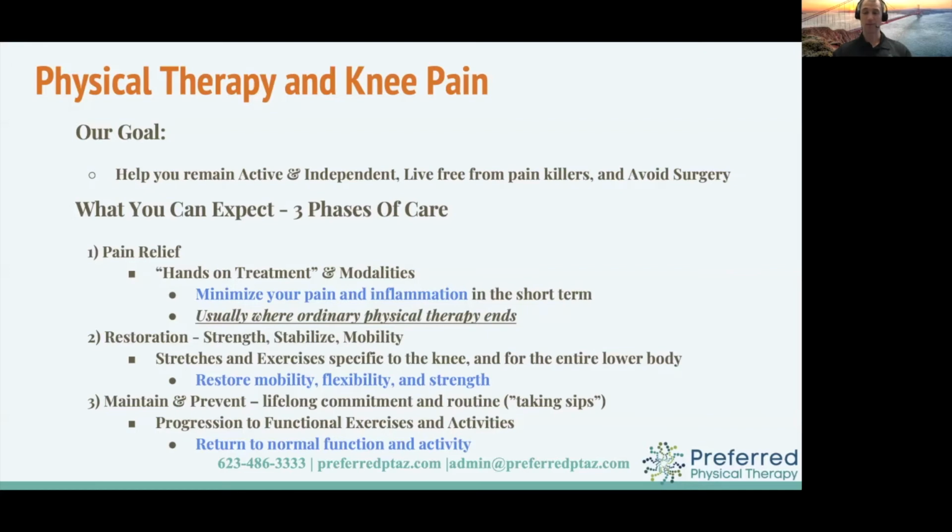It's now where a space exists for us to work on the things that we need to in order to put off or significantly reduce the amount of recurrence or episodes of that condition. And so this phase, from restorative to maintain and prevent, typically takes a little bit longer, because this now is a lifelong commitment. This maintain and prevent phase, this is what I call taking sips from the fountain of youth. This is where you're really going to get the bang for the buck.